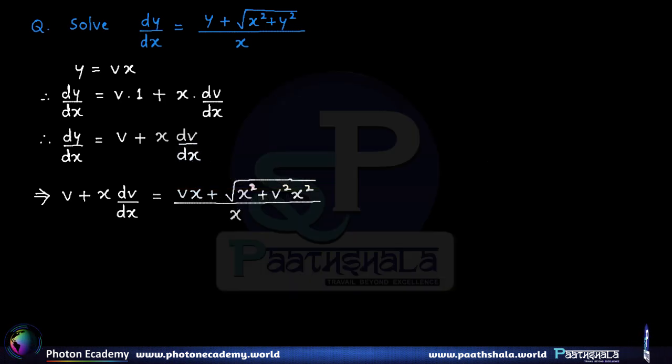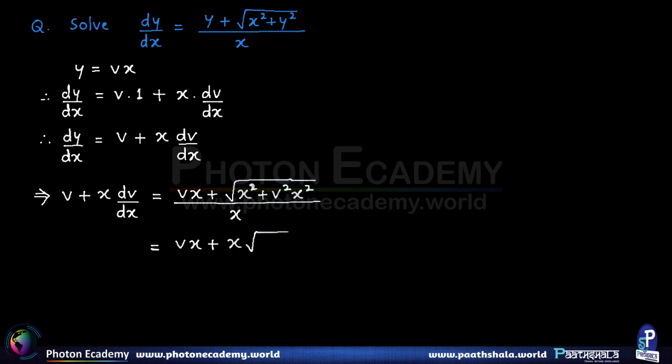So that gives us vx plus, now if we take x square common inside the square root and take that x square outside the square root, we will have x into square root of 1 plus v square, correct, whole upon x. So that in turn gives us, cancelling x, we have v plus root of 1 plus v square,